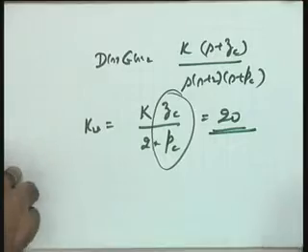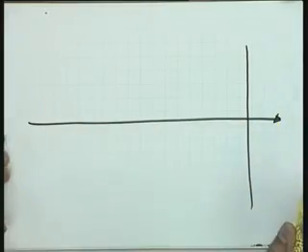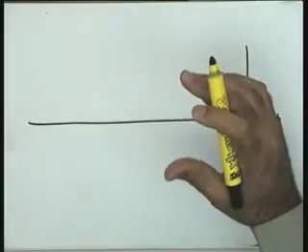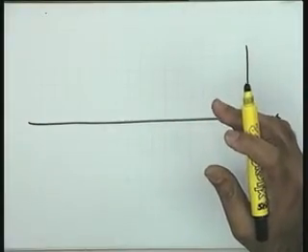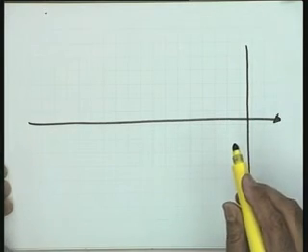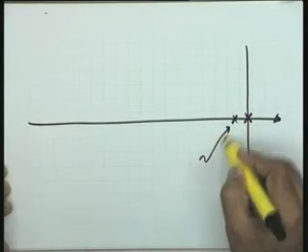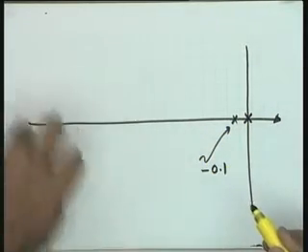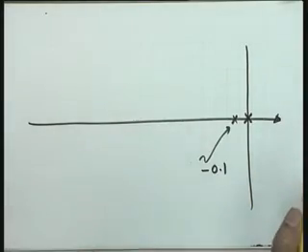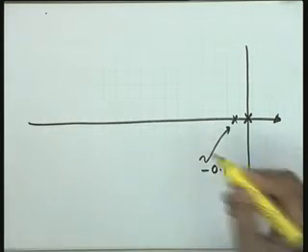Now with this choice of Zc and Pc, I have to place the zero and the pole so that all the requirements I have raised are suitably satisfied, in addition to the dominance condition. I am making an exploded version here so that the dominance condition requirements are clearly known. I am placing the pole at minus 0.1. The reason will become clear. This reason comes from the dominance condition, please. Help me, where will the zero be placed?